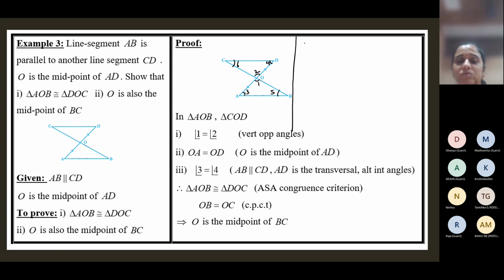Okay, so if you say angle 1 is equal to angle 2, vertically opposite angles are equal. Angle 5 is equal to angle 6, alternate angles are equal. OA is equal to OD. This is AAS. And if you say